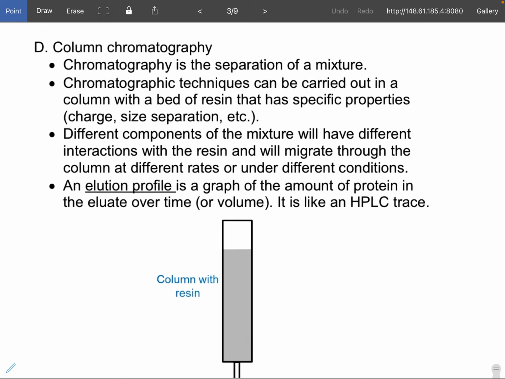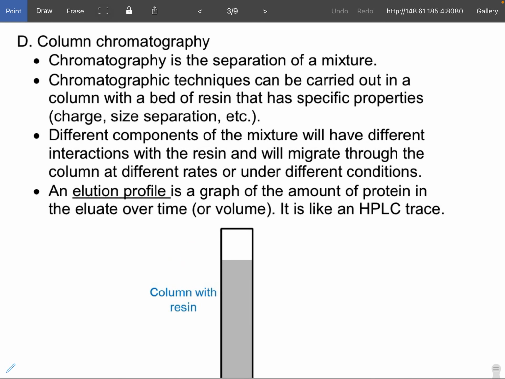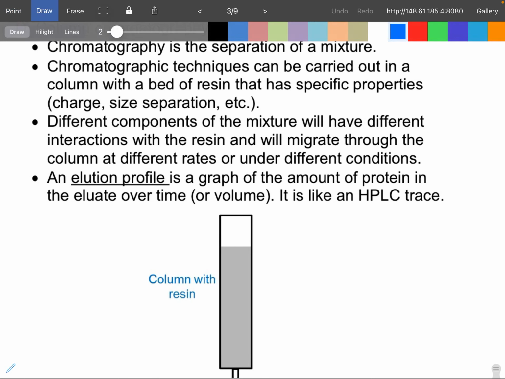Now, from there, we're going to utilize column chromatography. And chromatography in general, of course, is the separation of a mixture. Now, these chromatographic techniques can be carried out in a column with a bed of resin, and there are specific properties. And so this would be a column made of glass or plastic, and it has some kind of resin in here that has a particular property that could separate based on charge or size or something like that. We, of course, would have a buffer in here,